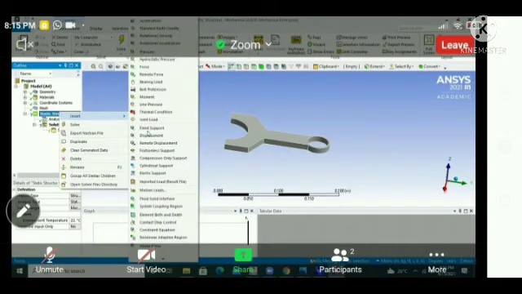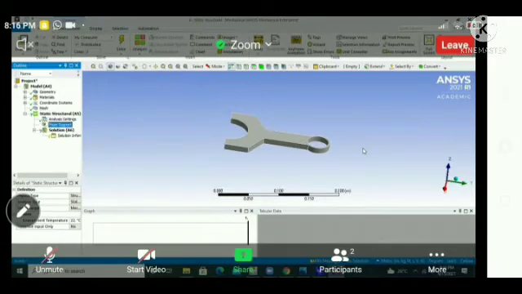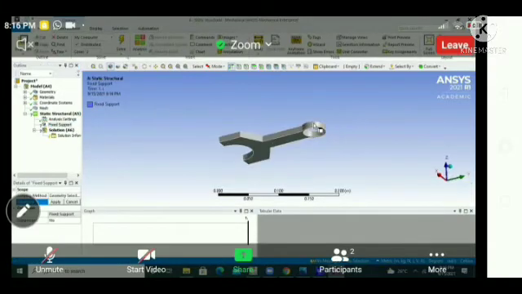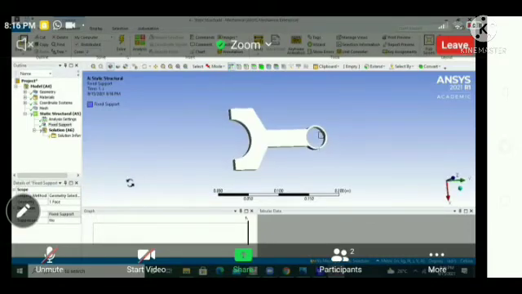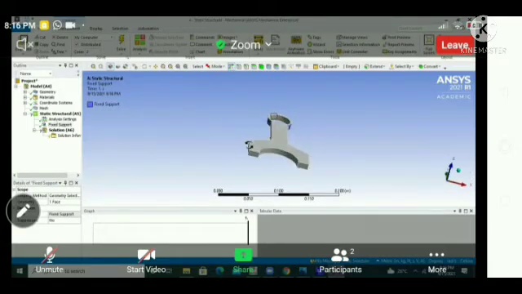Make the left click, insert. Give the fixed support to the part which you require. Here I am giving the fixed support to this end, this outer part, as it is showing in green color, and here you click on apply option, so the fixed part will appear in the blue color, as you can see on the screen.